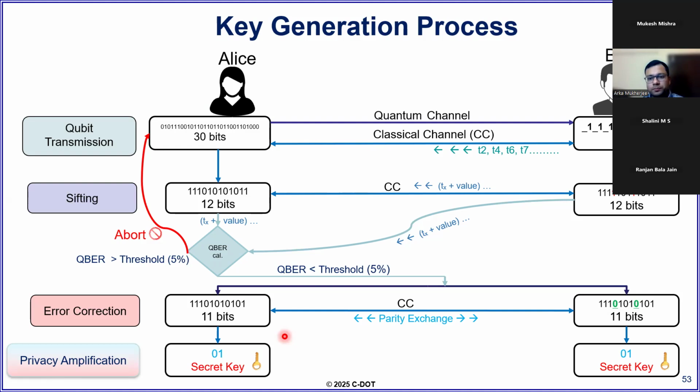If I increase the fiber length, our telecommunication fibers have lengths of 60 kilometers, 80 kilometers, like that. As we know, as the signal propagates through optical fiber, there is attenuation as well as dispersion. Attenuation will not play any role because we are transmitting the information over the quantum channel at a very low power